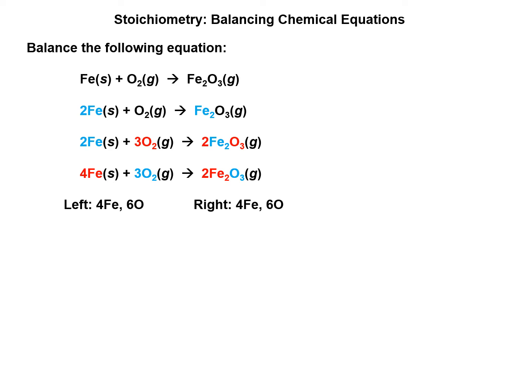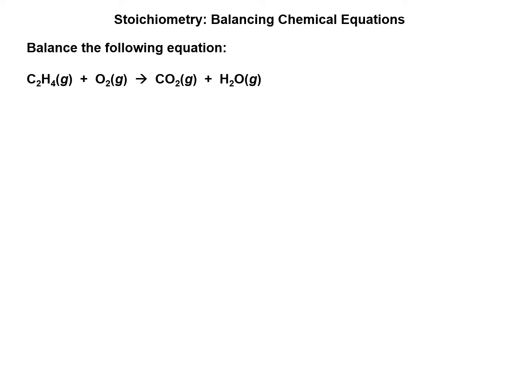In order to balance this out, I now have 4 irons on the left, so I need to have 4 irons on the right. To do that, I change the coefficient on the front of the iron on the left side to 4. I now have 4 irons on the left, 4 irons on the right. I have 6 oxygens on the left, and I have 6 oxygens on the right. The equation is balanced. Another example is ethane,